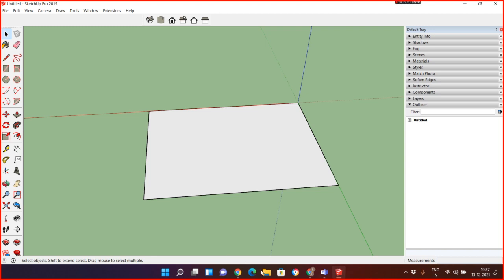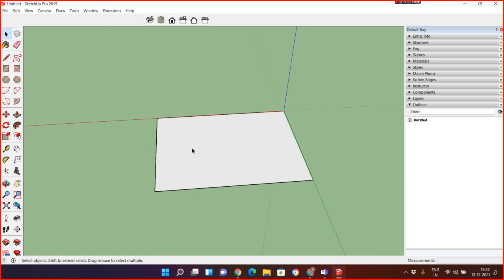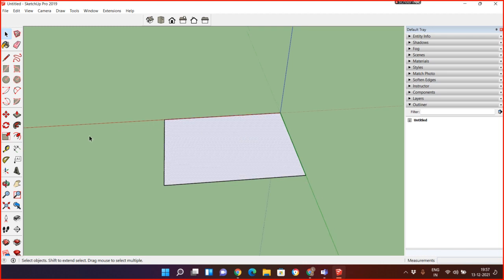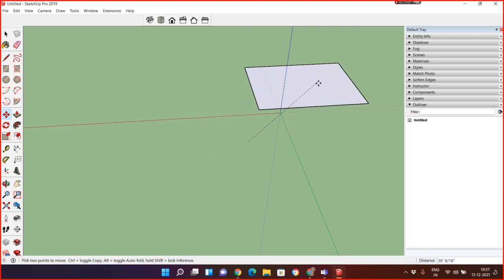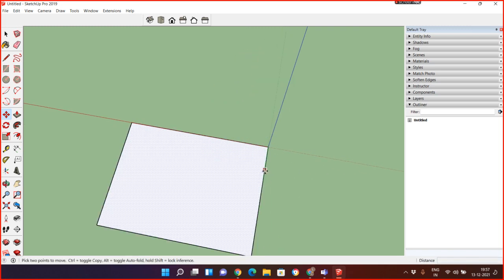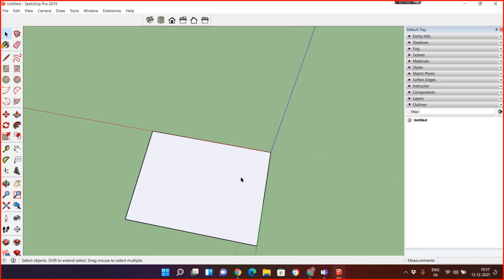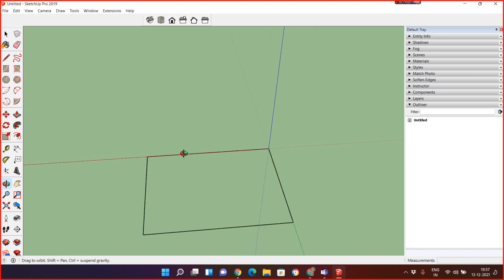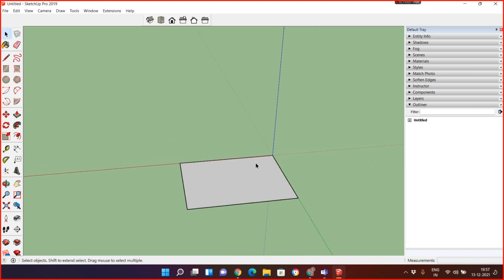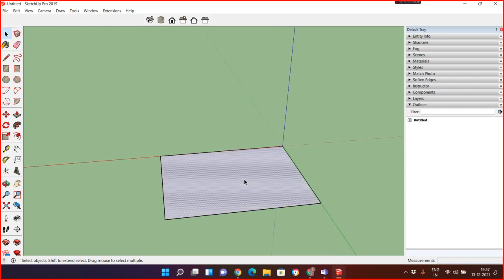So next part, how we can move this object. I want to move. So shortcut. First, this is the tool for move. So just try to select. If I select only this and try to move, only the inner part will be moved. Or if by mistake I select and use delete, only this surface will be deleted. So what do I have to do? We have a good option. If you want to select the entire thing, click two times and delete. So first click is just for face and double click is for connected edges.